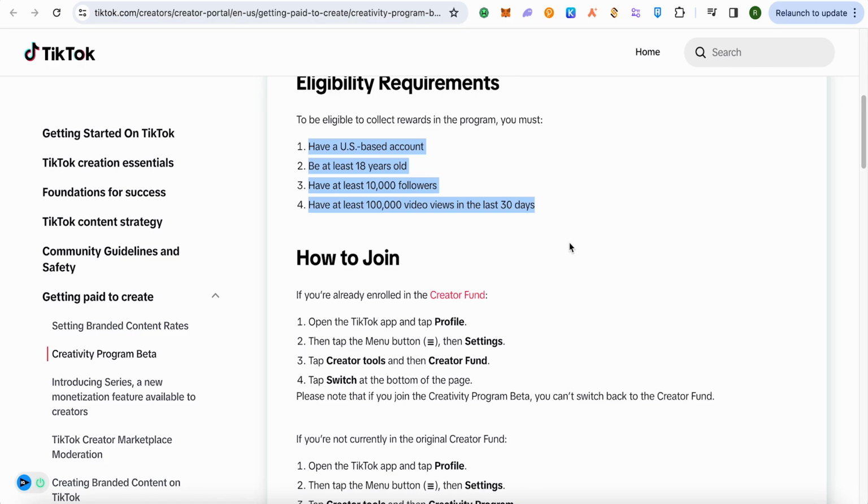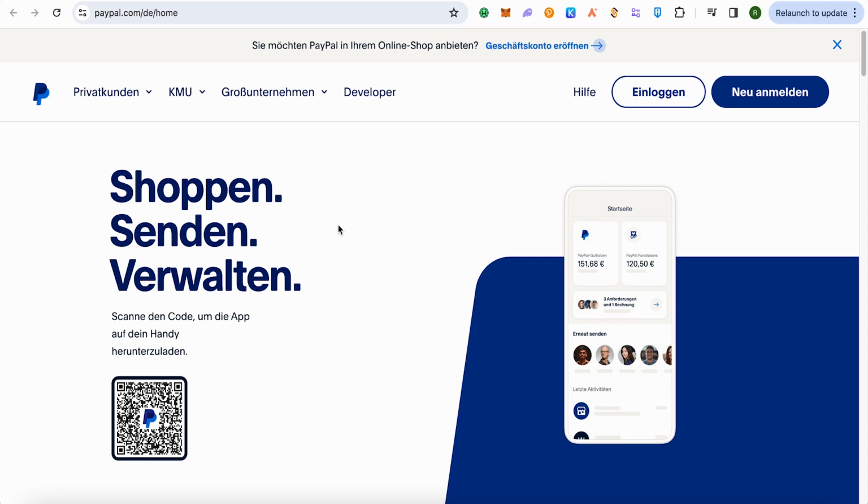So after you fulfill all these criteria, then you will have to create a PayPal account. Just simply create PayPal, and after that link it with your TikTok, and this way you would be able to get the money. Now in order to check how much you have earned on TikTok, just simply open up the